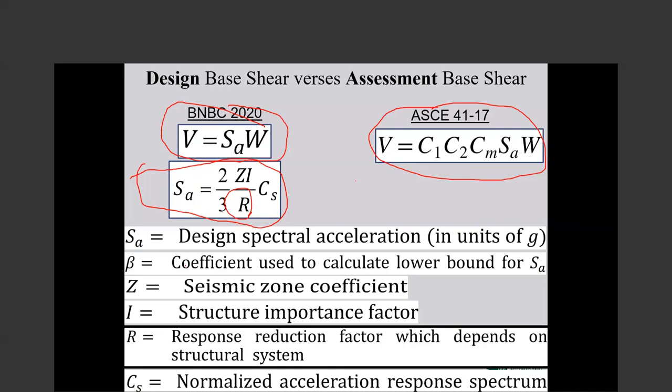So the R value for the older buildings, if for this new building the R is 7, for that older building is 1.75, is 1.5, is 2, is not 7. So if for this existing building we use the R values for the new buildings, that is based on assuming that all those detailings are applied,